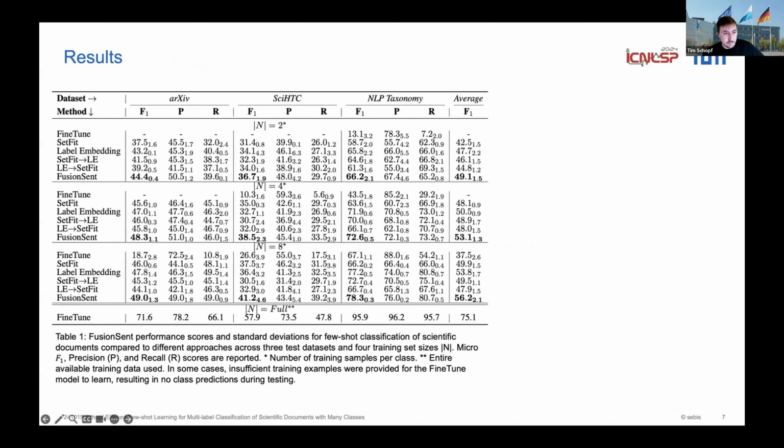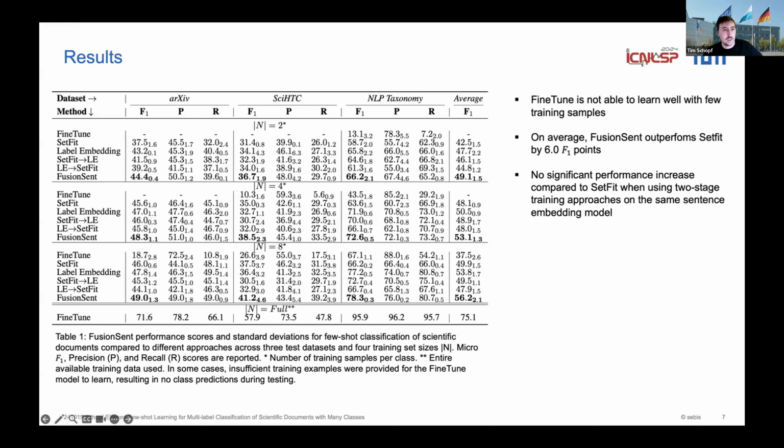Looking at the results, we can see different things. First of all, the fine-tuned model is not able to learn very well with the few training examples. We also see that on average, FusionSent outperforms SetFit by 6 F1 points. However, we do not see any significant performance increase when trying to combine both training approaches into one model.